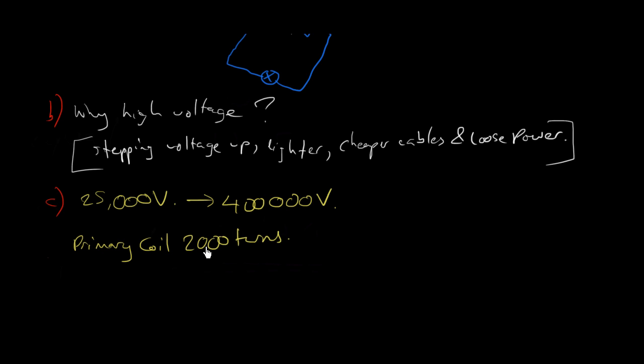Okay, if you haven't looked at the theory on transformers, then go and do that either in the book or on one of the videos, and then come back to the question. It's very easy to do the questions, but you need to know what's going on in order to do them. So they tell us the primary coil has 2,000 turns, and they even give us the formula. How nice is that? They say use this formula, which is that the voltage